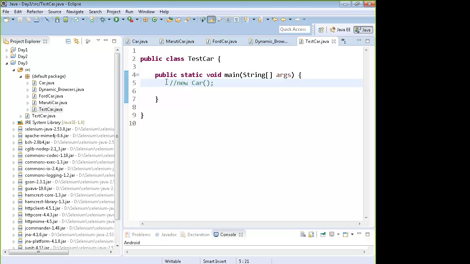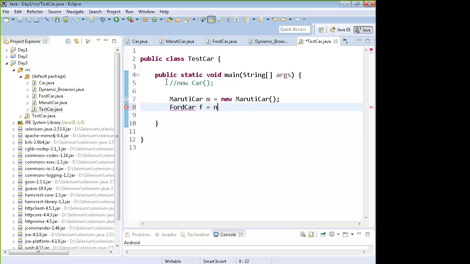Interfaces are abstract. They are incomplete. So you cannot create the objects of interfaces. You can create the object of the implementing classes. You can write Maruti car m equals new Maruti car, and Ford car f equals new Ford car.